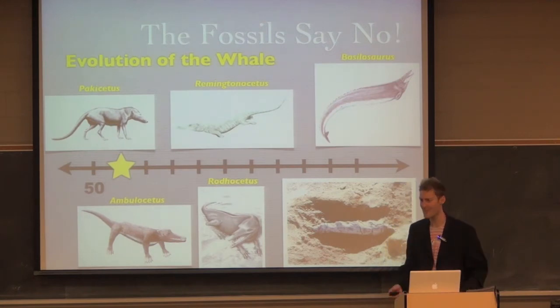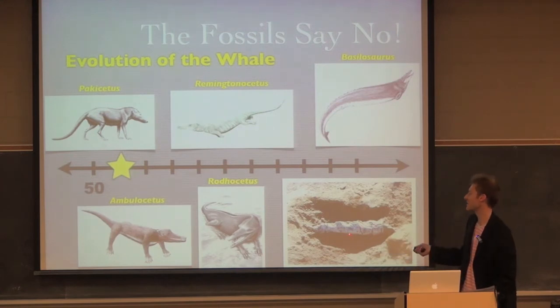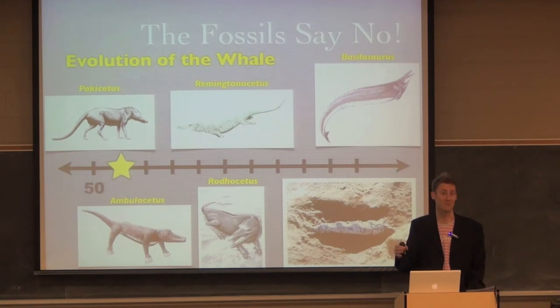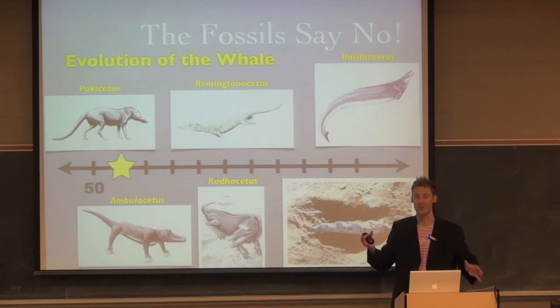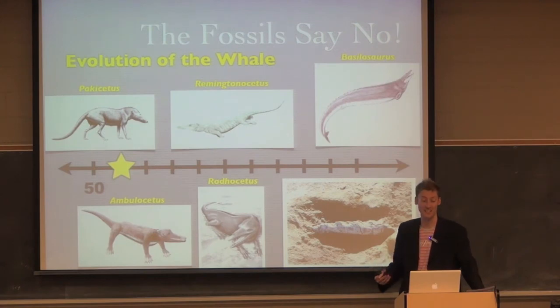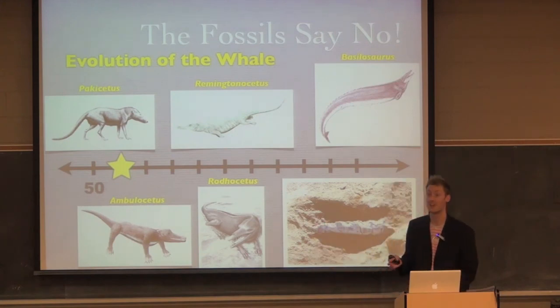In fact, that means that to go from Pakicetus to a fully aquatic whale in about 3 million years, maybe 1 or 2 million years, you have to get the blowhole. You've got to reduce the hind limbs. You've got to go from the ability to drink freshwater to seawater, or adapt that ability, so change the kidneys. You've got to build a tail fluke. You've got to go from a tail that goes side